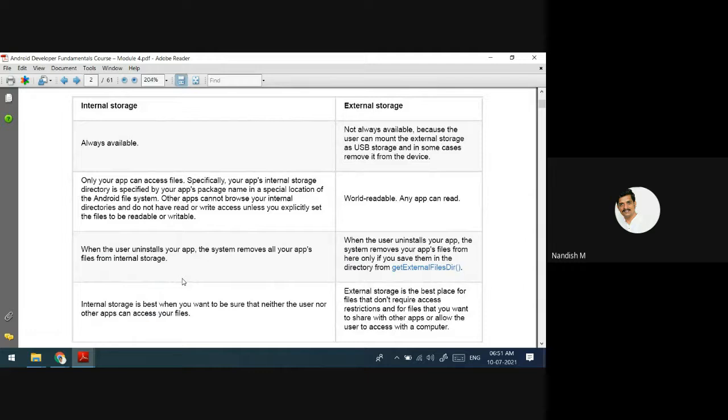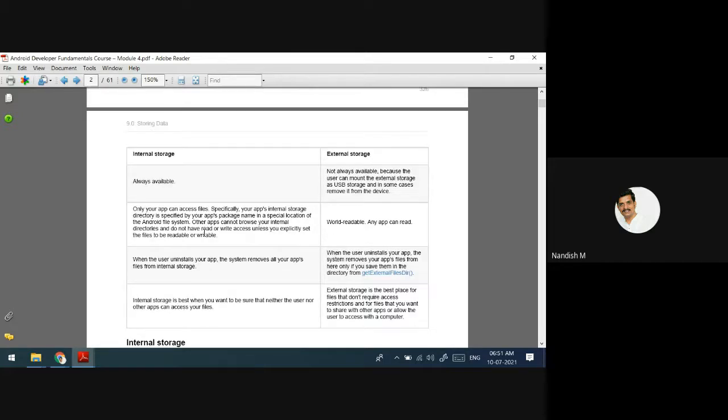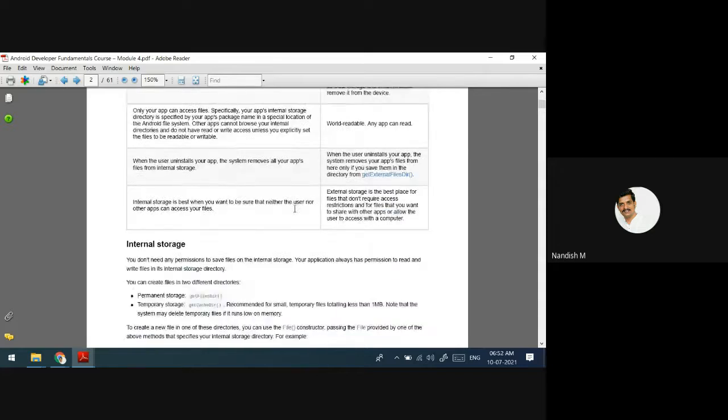You know the advantages of internal and external. Internal is nothing but inbuilt; that is always available. But external means you have to connect a memory card or any other USB storage, or connect it to the computer. That is what we call external storage. How to interact with that storage is what they discuss in this chapter.